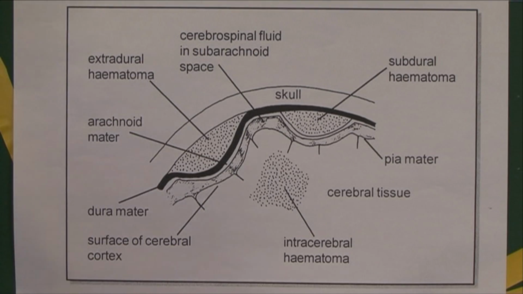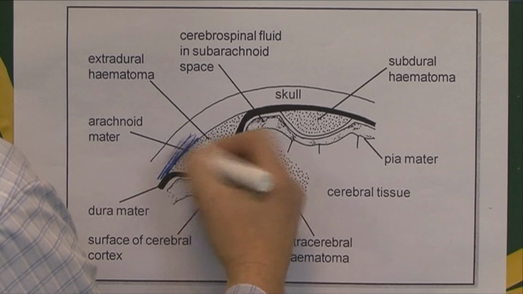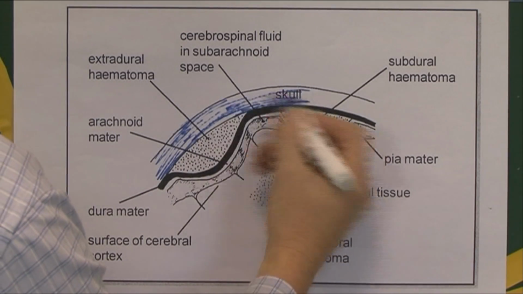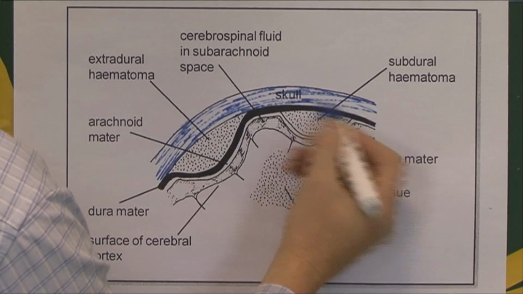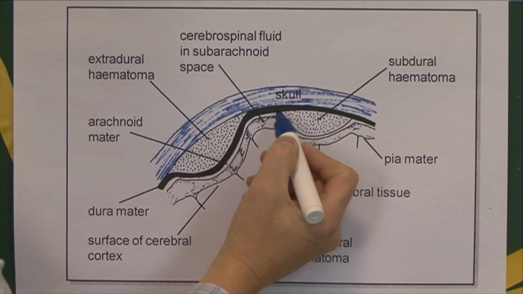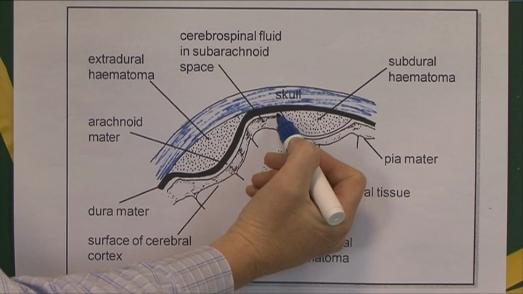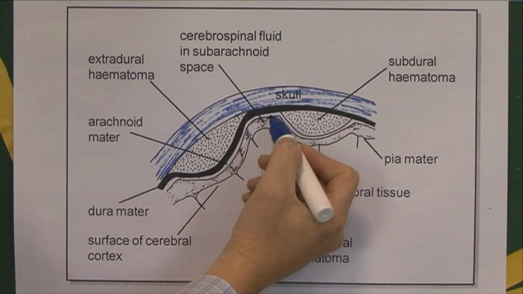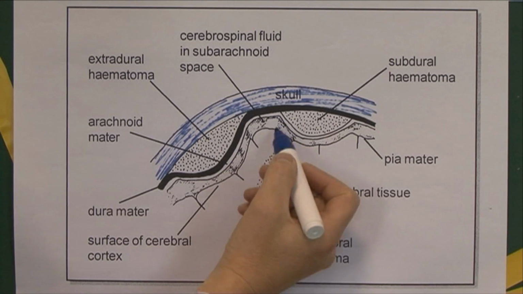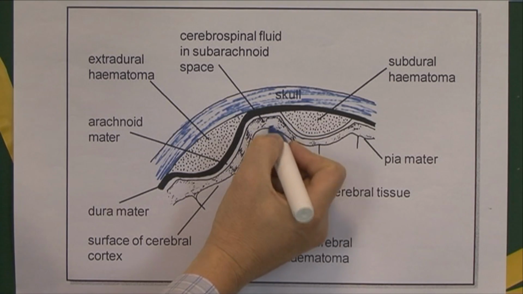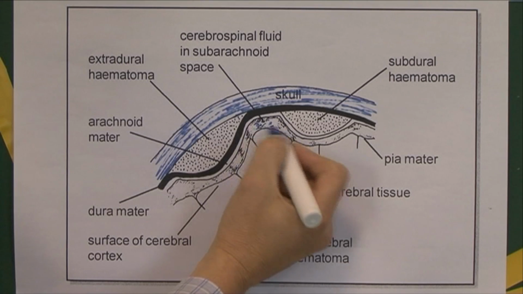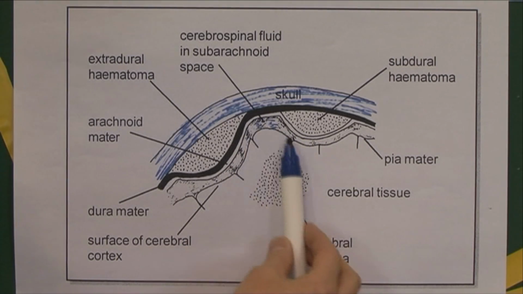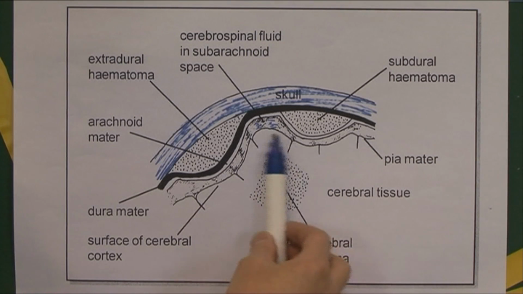So on this diagram, we can see the bone of the skull here, the rigid vault of the skull. And this dark line here, as you would expect, immediately underneath the skull is the dura mater. Then underneath that we have the arachnoid mater, and here you can see the area occupied by the cerebrospinal fluid in the subarachnoid space. Below this we have the pia mater, and there we have the outer cortex of the